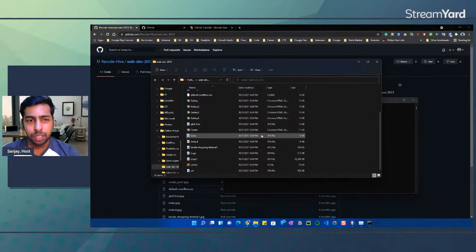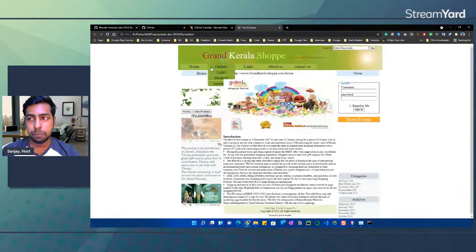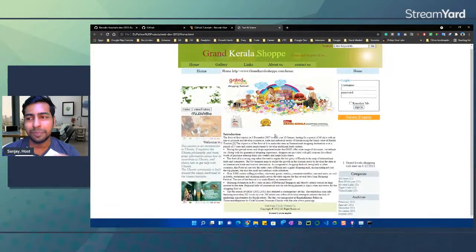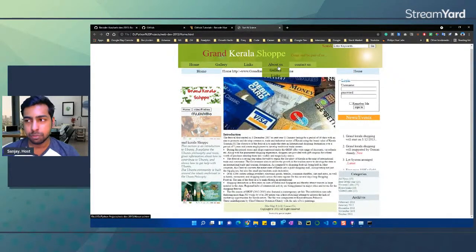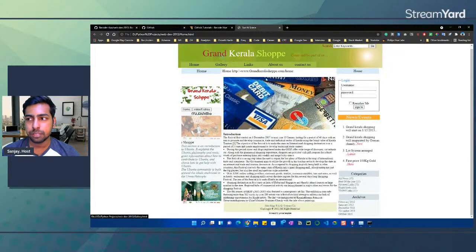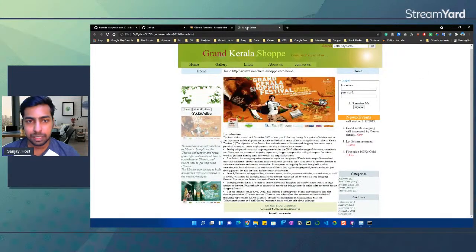In a similar way, if somebody has developed an Instagram clone or Twitter clone or something like that, you can directly go to that repository in the GitHub profile and clone it in the same way, and you can open that particular website. So you can see it's very basic, don't judge me on this. I developed it in the year 2013. So I have developed this particular website, and now you can see this is opening for me in my local